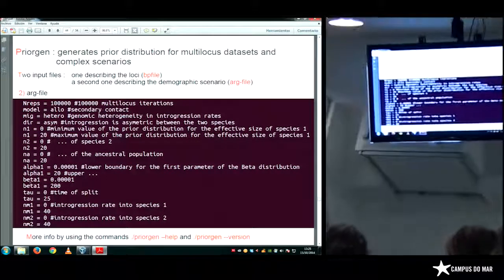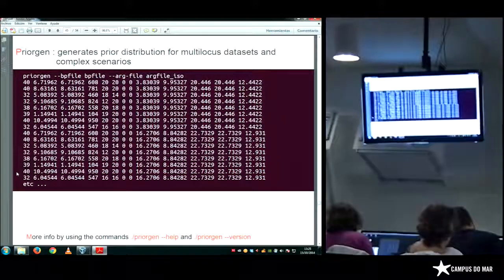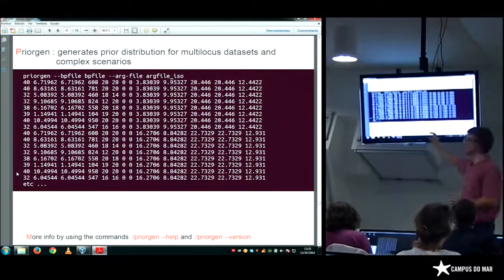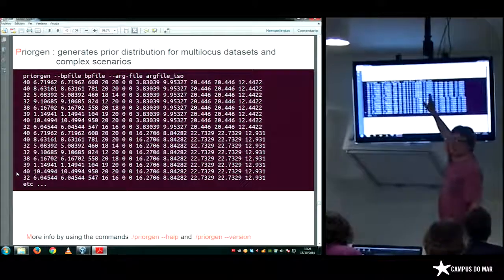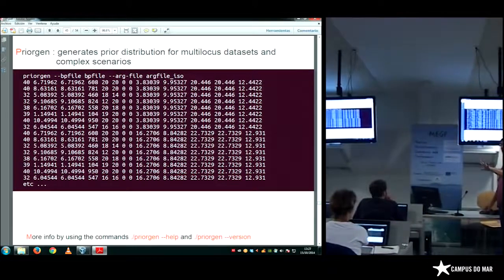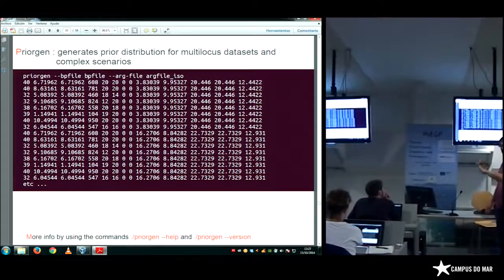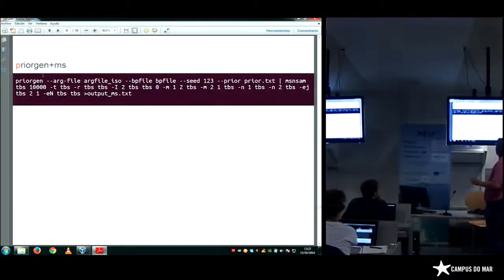We have alpha, beta. Ah, yes, the population size, of course. We have the 3 population sizes, 1, 2, 3, and the alpha and beta. Okay?